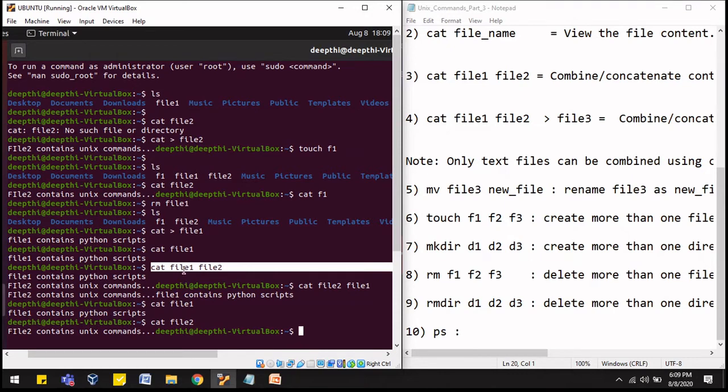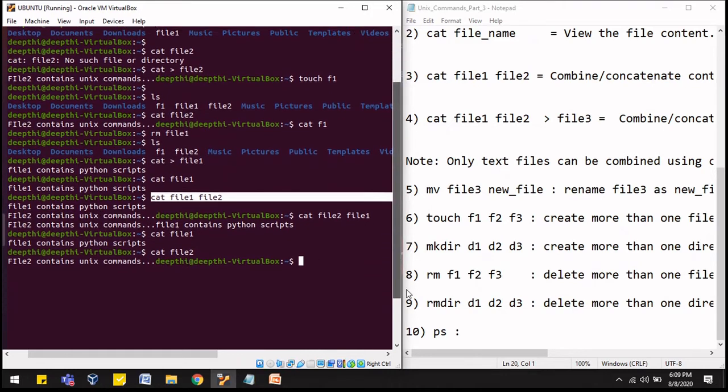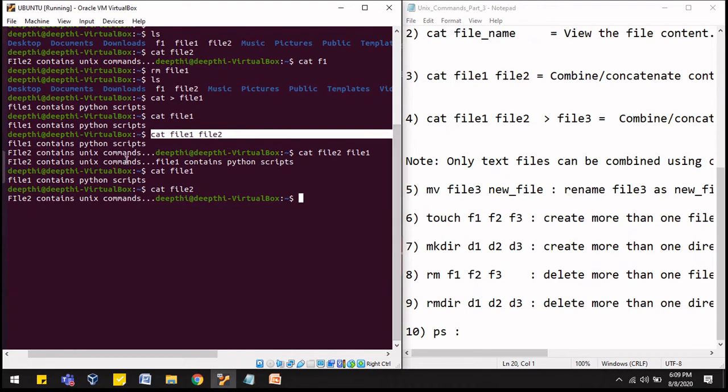But when I merge both of these files, it is displaying the content of both the files but on the terminal only. But what if I want to store the content of file 1 and file 2 into another file? For that we have another command, that is cat file 1 and file 2. In this way, what will happen, that we have done earlier also, we will merge the content of file 1 and file 2, but that can be displayed only on the terminal.